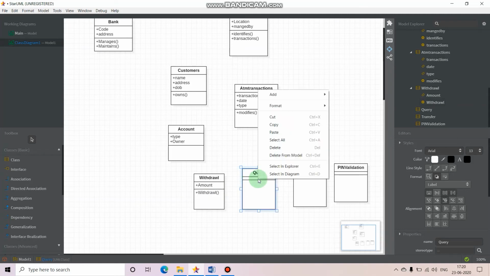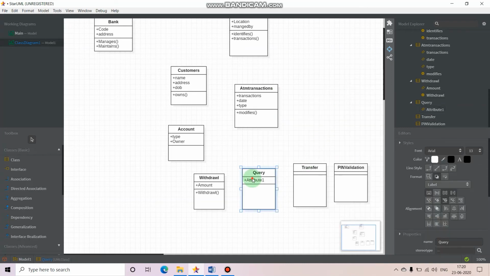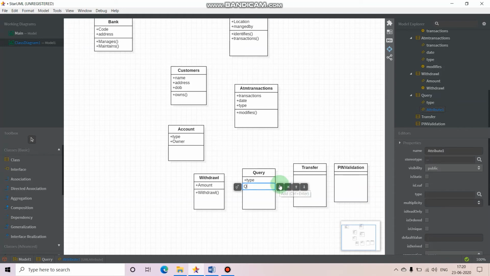Okay, here to check the balance, first it may ask for the type of the account or any information about the account, and it may also give a query ID.